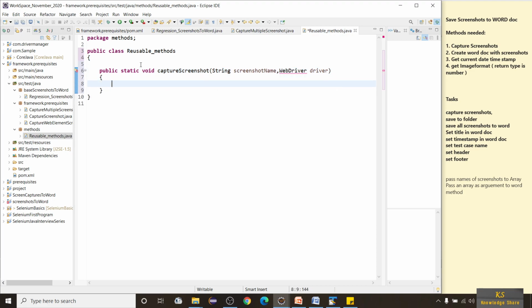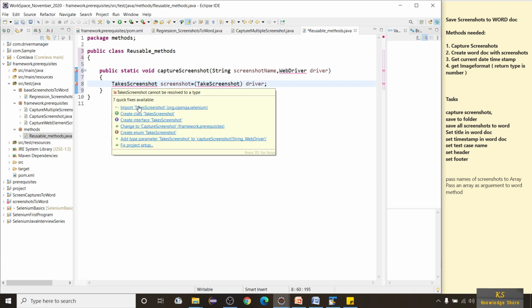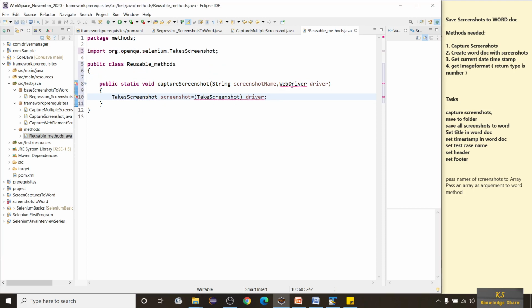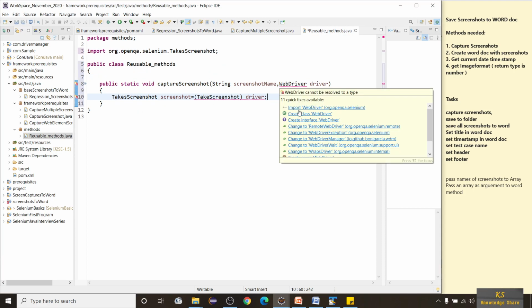Okay, so as you already know, we are going to use take screenshot, which we already discussed in our previous session. Screenshot is equal to, we are casting our WebDriver, take screenshot driver, and import this take screenshot and import this WebDriver.